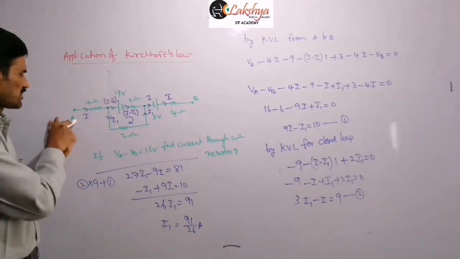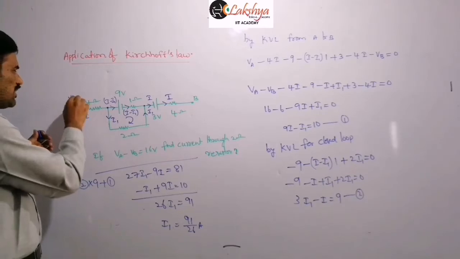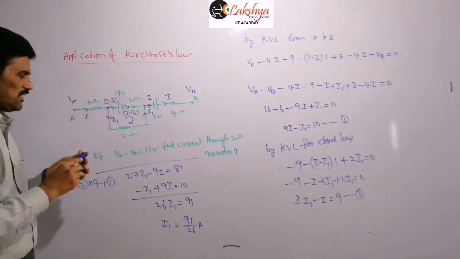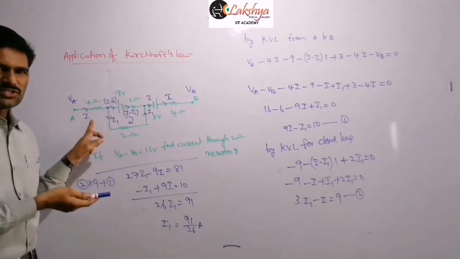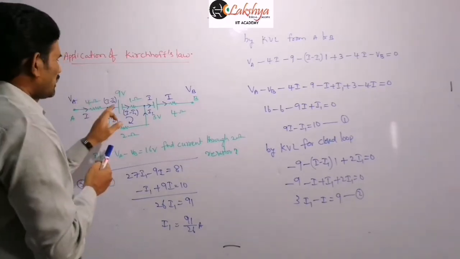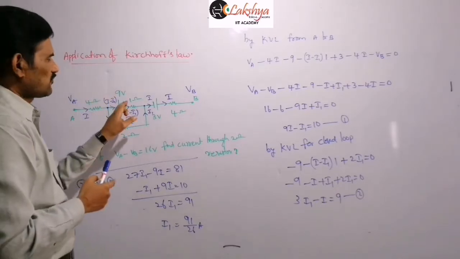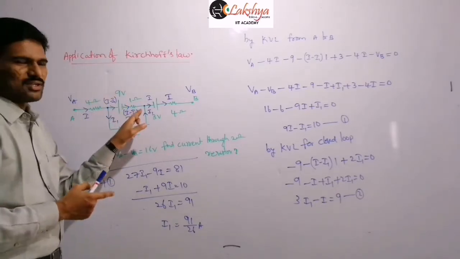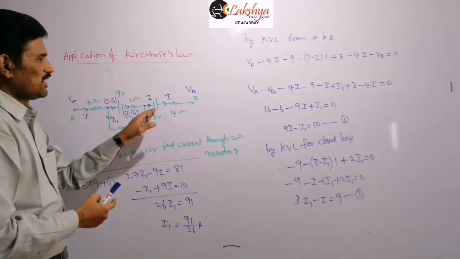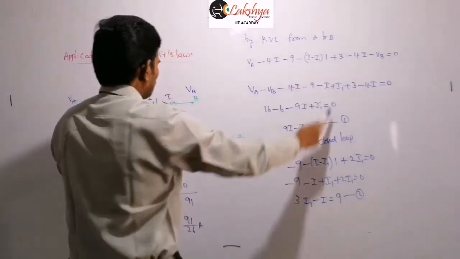previously what we discussed. For point A, VA you are taking, this is the potential VA and this is the potential VB. So VA minus, the remaining sign convention is usual. So we are traveling in the direction of current, minus 4I, and then this is a cell, we are traveling from positive to negative, so minus 9, and for this we are traveling in the direction of current flow, so it is minus I, or here I minus I1, and here we are traveling from negative terminal to positive terminal, so it is plus 3.